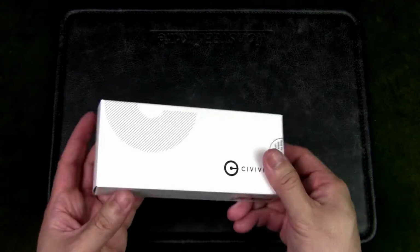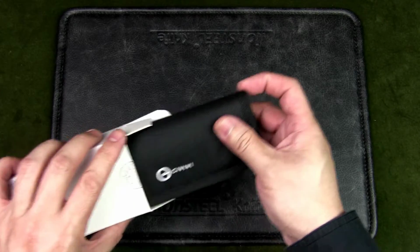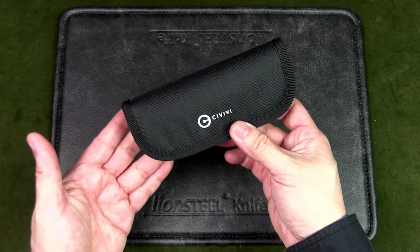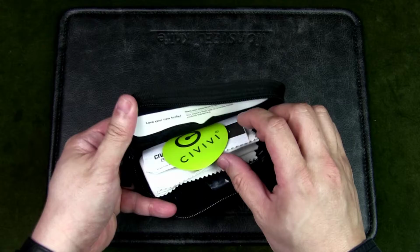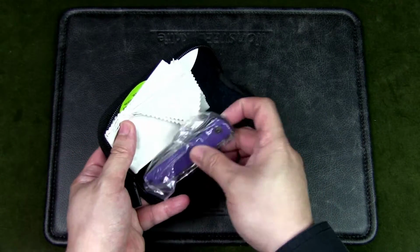So this is the white box that all Civivi knives come in. And they also come each with a black carrying case like this. Now you might not use this carrying case for everyday carry unless you want, but it does make for a very nice presentation case and a storage case. So zip it all around and you get stickers, some instructions, a microfiber cloth, and the knife itself wrapped in